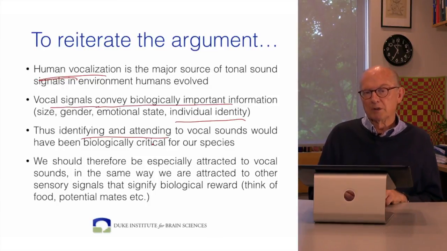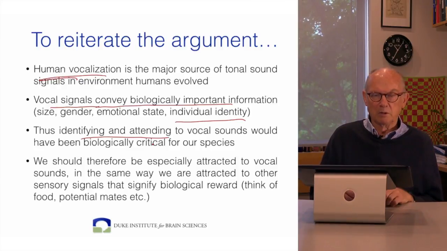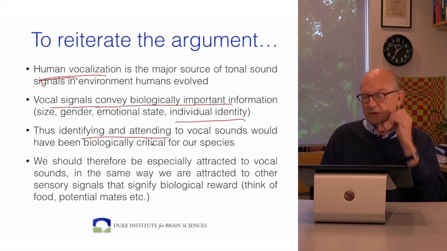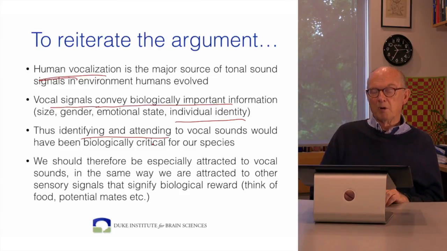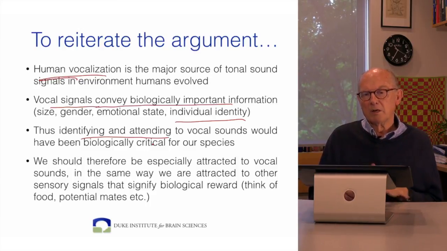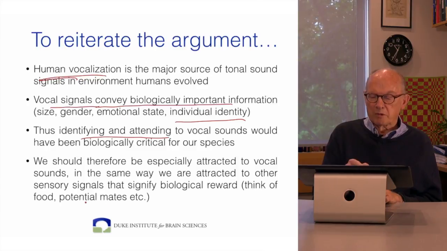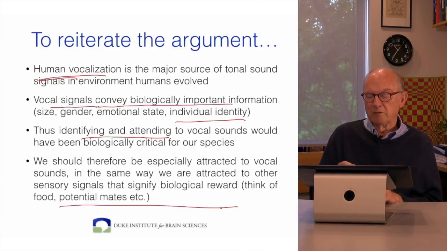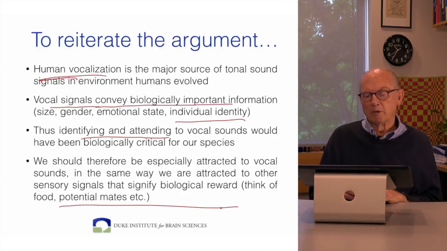And by the way, this information is not limited to human beings and human perceptions of sounds. I think of my dog, who's a medium-sized dog. When he barks or growls, you can tell that he's not a Chihuahua. He's a pretty big dog. That's just as important for other animals as it is for us. We use it to greater advantage, perhaps, and certainly in more subtle ways, but it's generally present in biological vocalizations. So the general point that I made in the beginning, but I reiterate here,